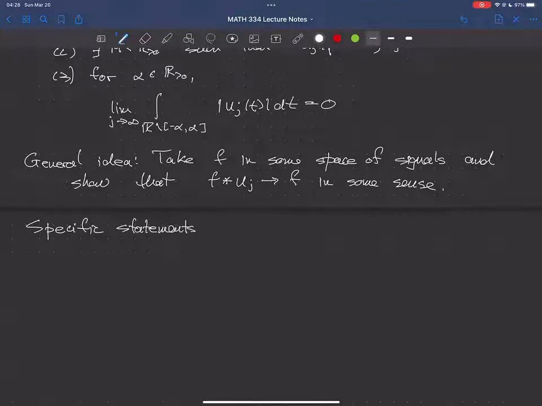Okay, so basically identifying the space and the kind of convergence. All right, so the first situation that we're going to consider is f in L^p, and here p is from 1 to infinity. Okay, and in this case, what we get is that f convolved with the approximate identity